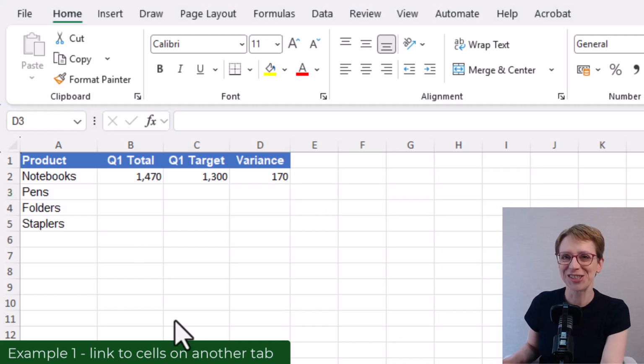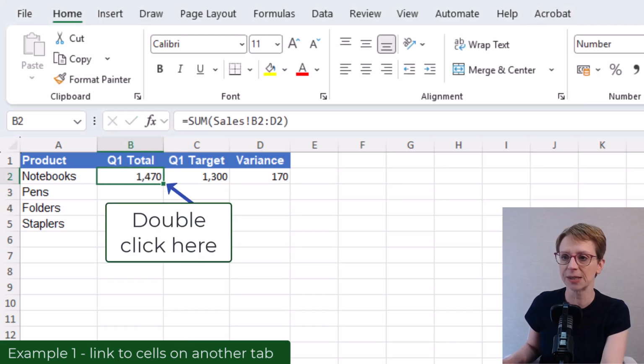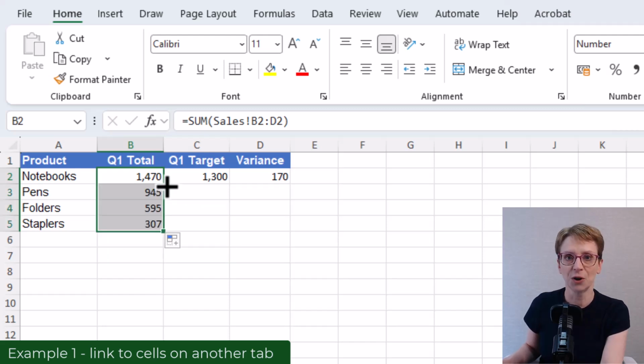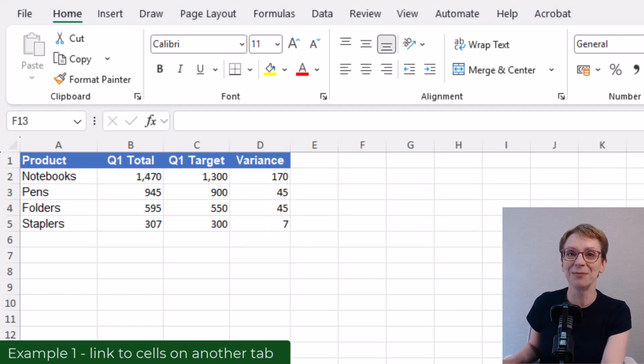Now I don't have to sit and do this linking for all the products. Because they follow a similar format, all I need to do is click in one of the cells, then double click the little green box on the right hand side, and the formula fills down the row for me. I can do the same for each column. This gives me a live summary that updates automatically whenever the figures on the Sales sheet or the Targets sheet